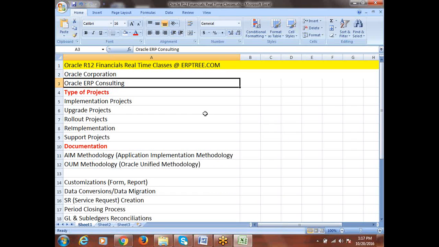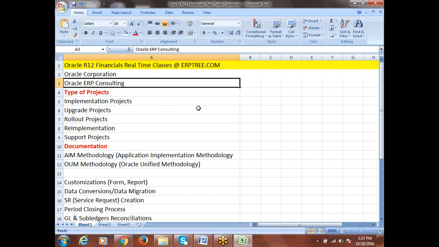So tomorrow if somebody tells you they are working in Oracle Corporation, you need not misunderstand. You can ask a proper question: oh, you are working in which division? If they say a division name, then you can understand what they are working on. Otherwise, if somebody says I'm working in Oracle, don't always expect they are working as a consultant only, or for implementation only. They may be working for something else, depending on the division. So you can ask which division, and then you know what job they are doing. That level of knowledge you'll get after discussing Oracle and what divisions they have.